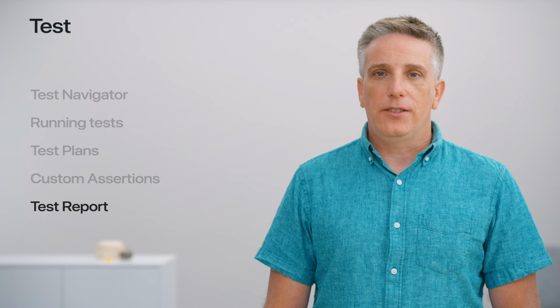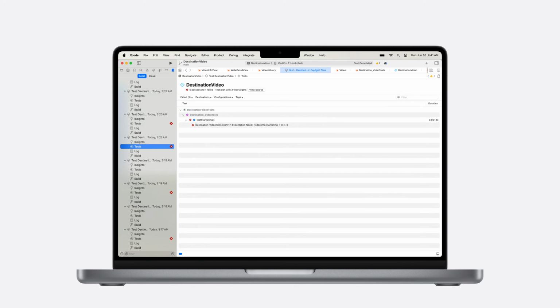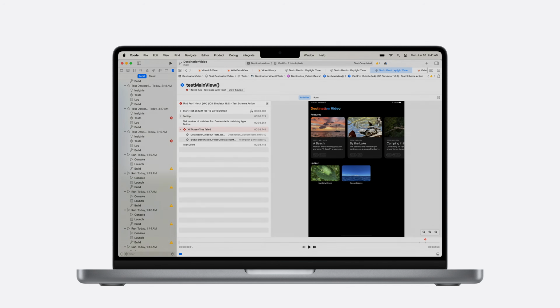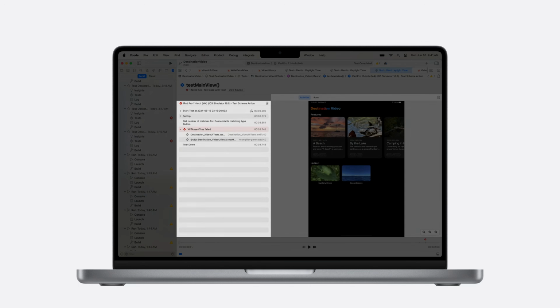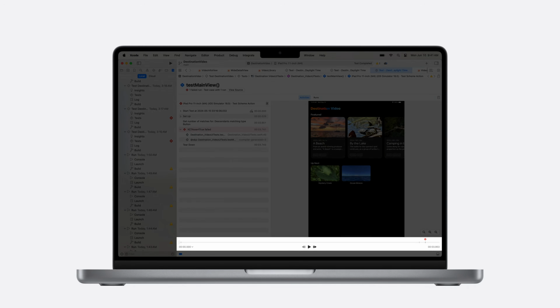There's a depth of data in there about how your tests are doing and what went wrong when they fail. Let's click on the test run that we just did to see a summary of what was tested. Or click the test item to see just the result of the tests. From either this view or the summary view, double-click on a failed test to see what happened. You'll see the sequence of events for how the test was executed side by side with a screen recording. This is super useful to see the state of your app while it's being tested, so you can pinpoint exactly what went wrong. And in the timeline at the bottom, you can see exactly when the failure occurred.